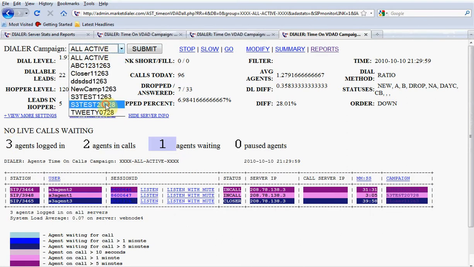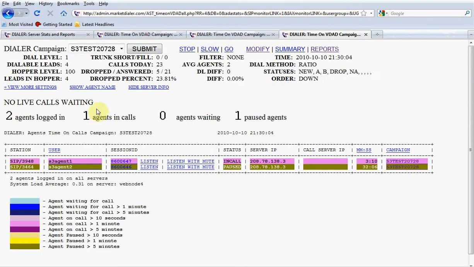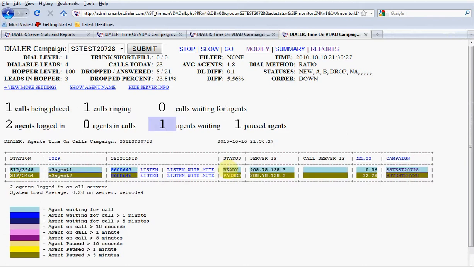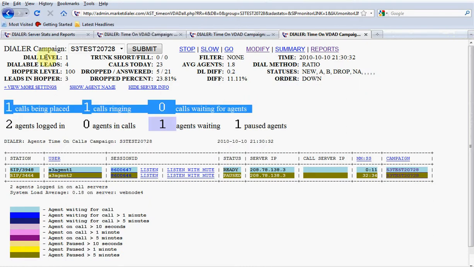So let me just narrow this back down for this one campaign. And again, no live calls. Why? Because we aren't dialing. The dialer knows it can dial 4 more leads. Okay, but we have agents, one who's on pause, and he's paused himself, meaning they're dispositioning, as an example, maybe. So as soon as they finish dispositioning and they've placed themselves back into the dialer or on resume mode, you'll see that they come back to ready, and the dialer starts dialing again,